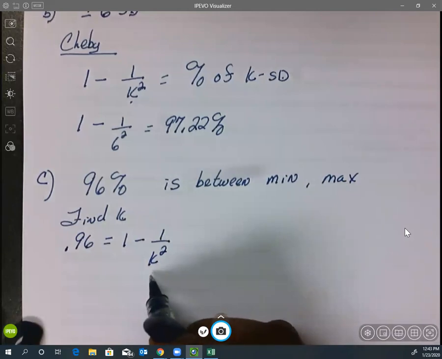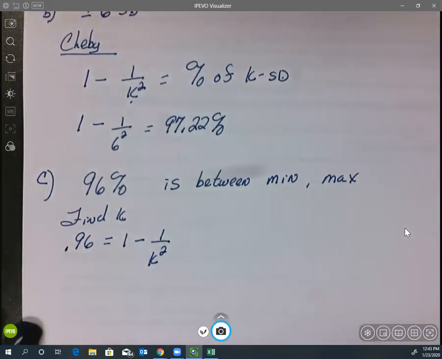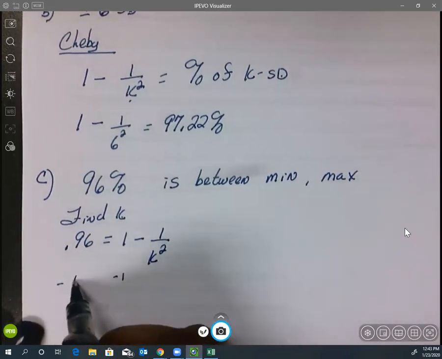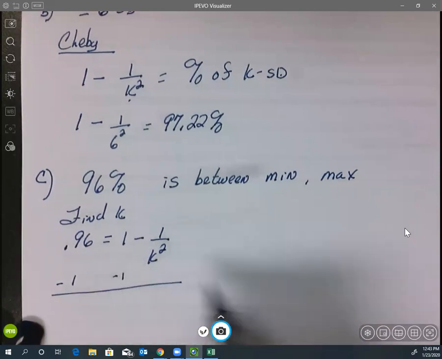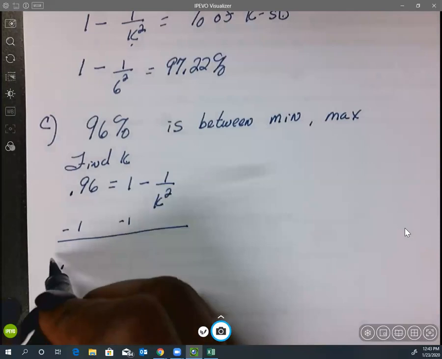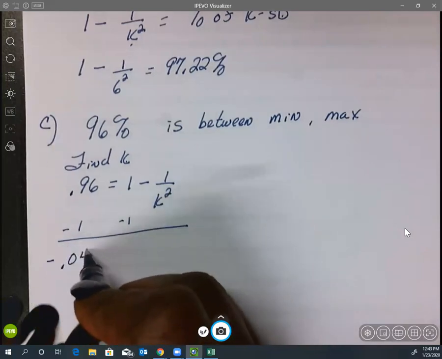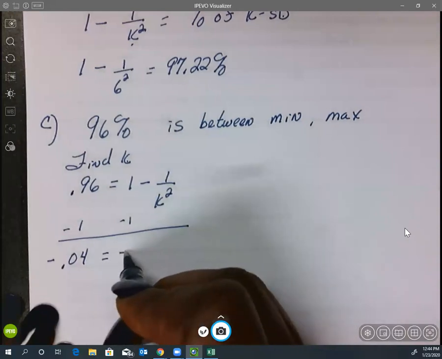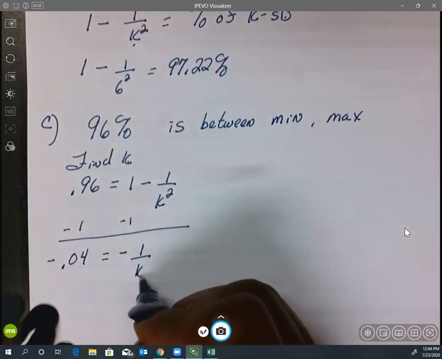We have to figure out what K is. So solving for K, we're subtracting 1 on both sides. And that's giving me a negative